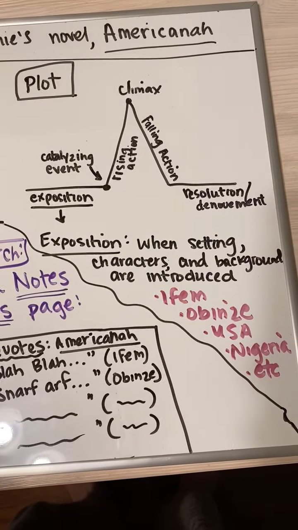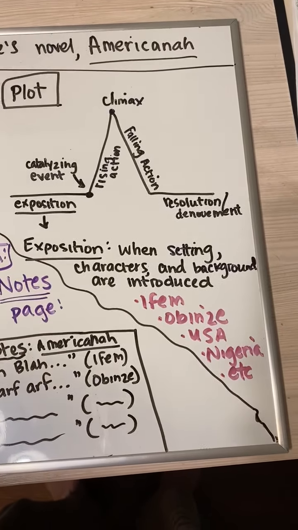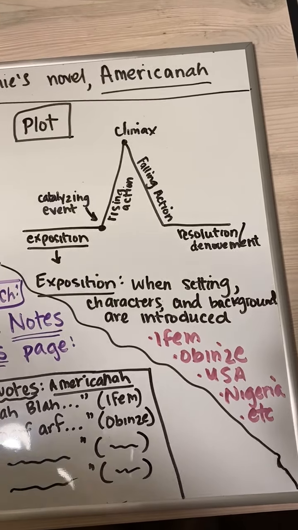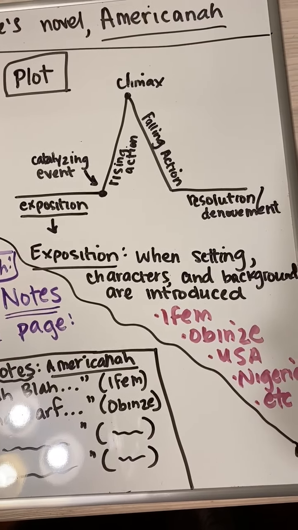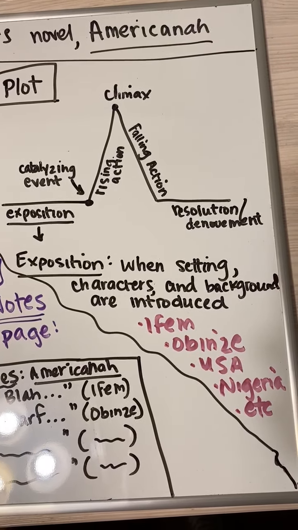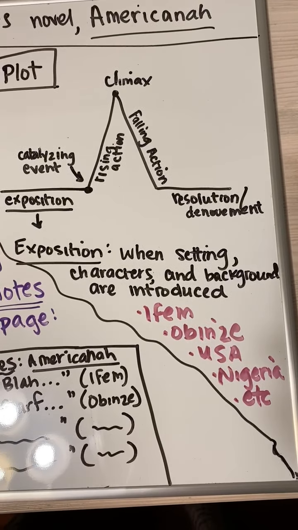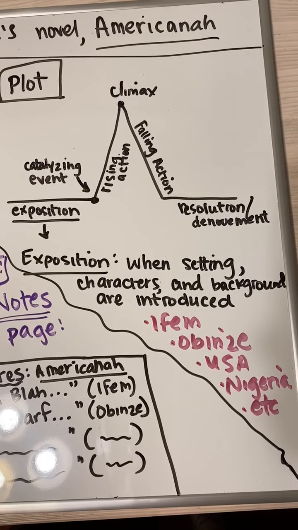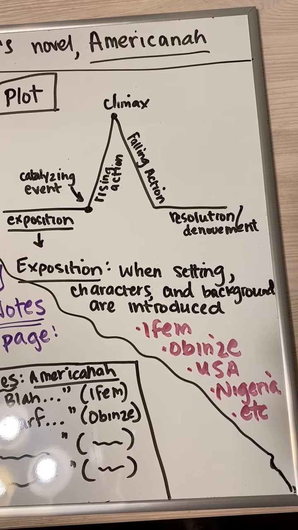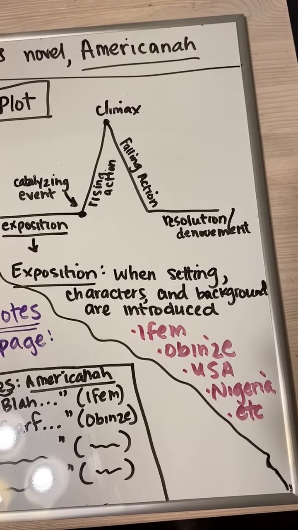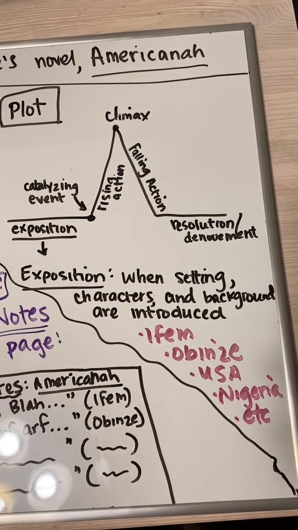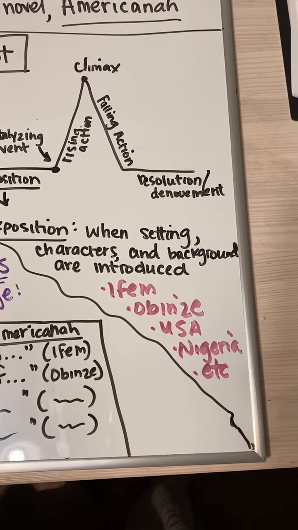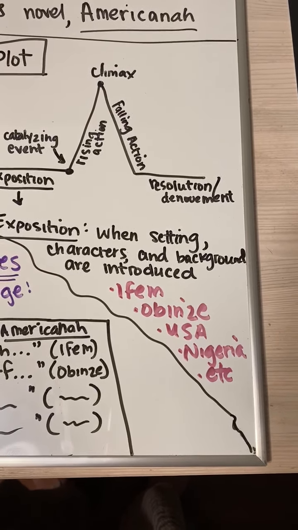Why am I telling you this? Because we're in chapters 1 through 5 right now of the novel, and so we are in the exposition. We're finding out about these people, right? It doesn't mean that all their lives start from day one. It doesn't mean we're looking at them as babies and seeing their lives. It's starting at some point in their lives. And again, we get enough background information to know about them as characters, but we are being exposed to the places where this novel is going to be set, the characters who are going to be major players, and again, the background that we need to know. So some of those are like Ifemilu, our main character, Obinze, the United States, Nigeria, etc.